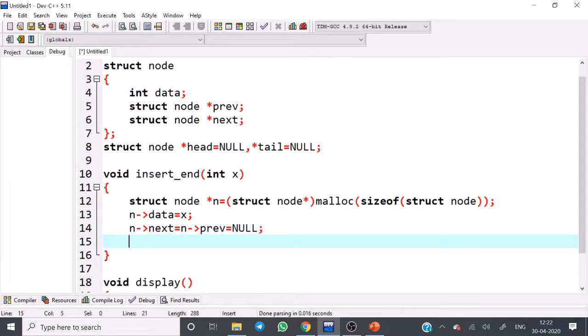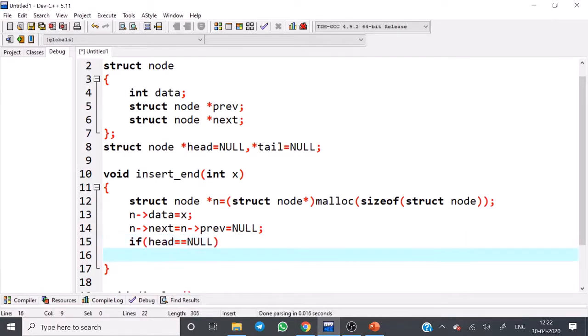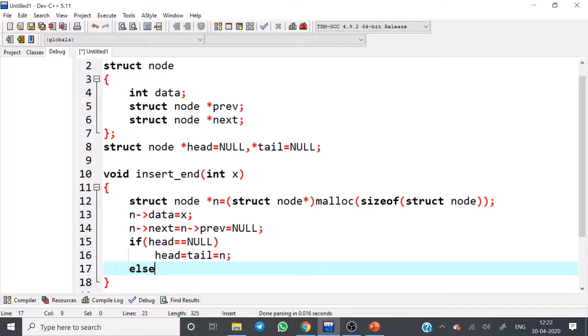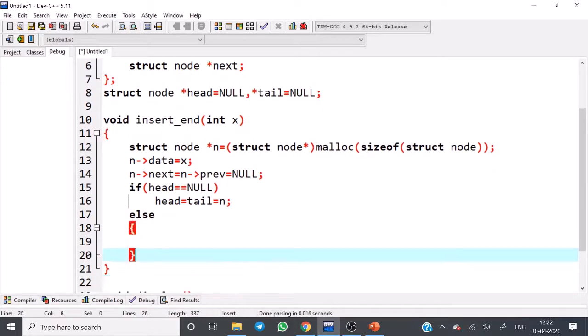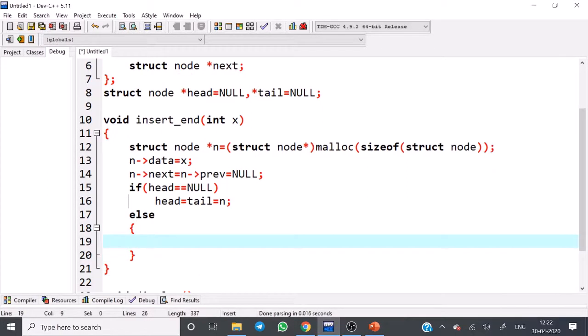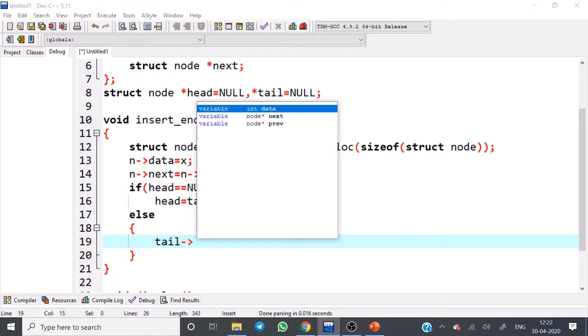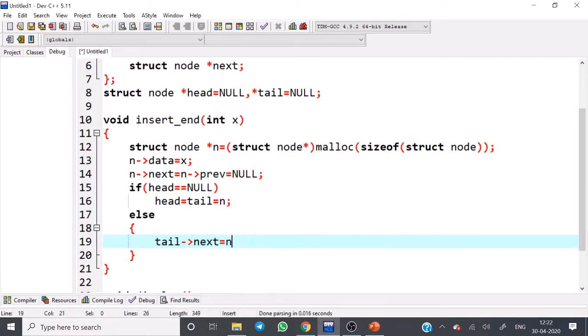This is the initial setup. First, just check if head equal to null, then just set head equal to tail equal to the new node. Otherwise, for inserting the element at the end position, just give tail of next equal to new node.